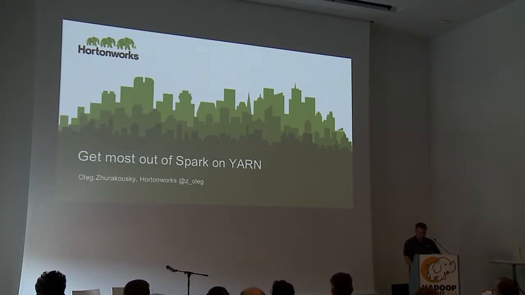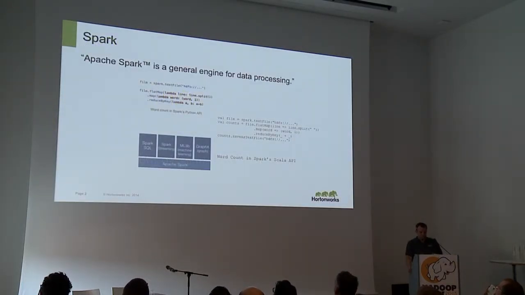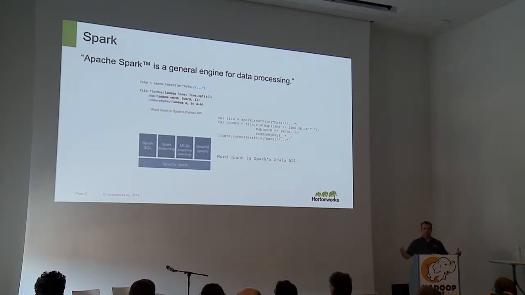So let's begin. What is Spark? Spark is a general engine for data processing. The reason I skipped the large scale and all the other buzzwords is that when you look at the API that you see on the screen, and I'll show you again when we switch to Eclipse, there's nothing big or small in this API. The API simply allows you to define the type of process, transformation, filtering, and other pipeline operations that you want to perform on the data. If the data is large, then it's the underlying system's responsibility to distribute and manage it properly.